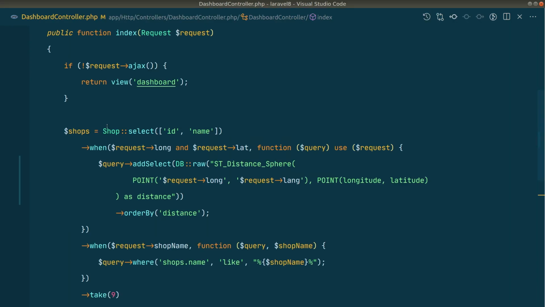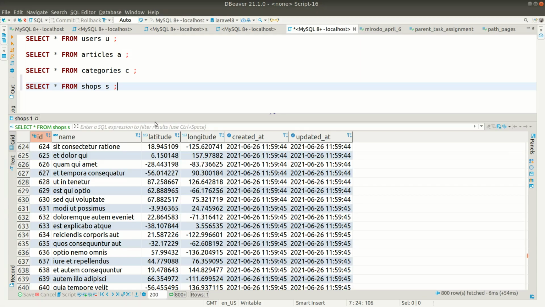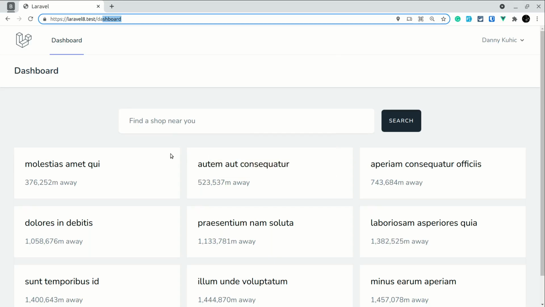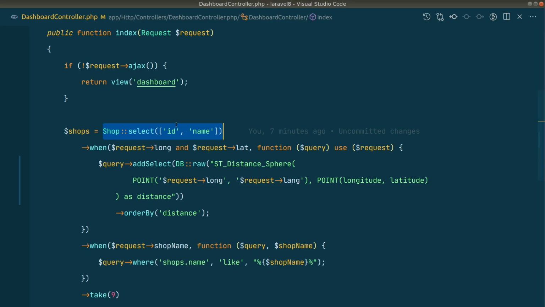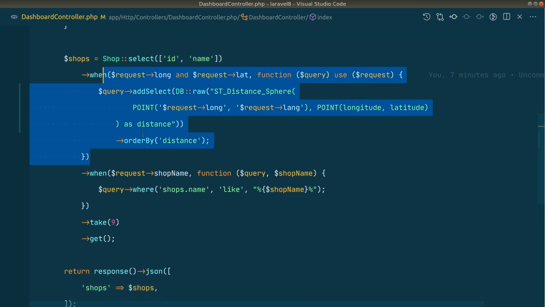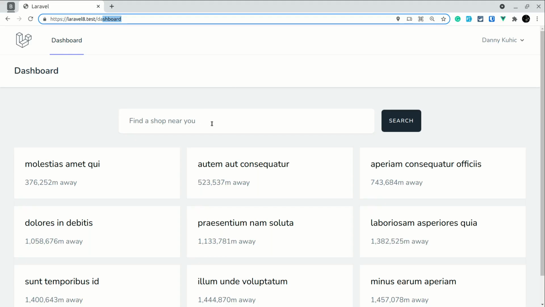Now you can see here, guys, we are only selecting the ID and name first. Okay, shop select ID and name. So we don't need to select the ID also here, because we are not doing anything else here. Yeah, let's say we want to go and visit this shop inside here, then we can pass the ID, otherwise no need to pass the ID also. Okay, and we'll look at this a little bit later. So here, whenever there is a shop name, okay, this name of the shop that we have typed here and clicked on search, let's say here.